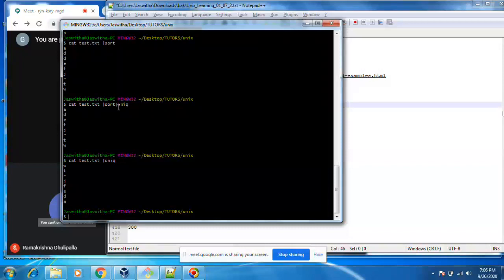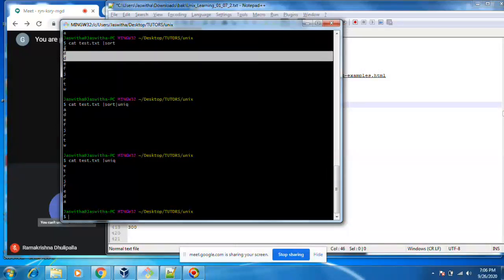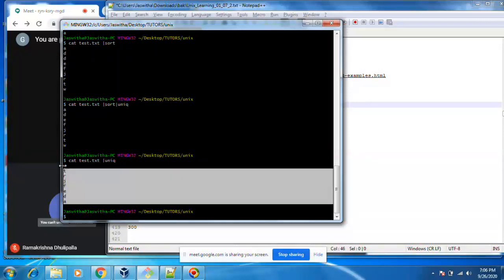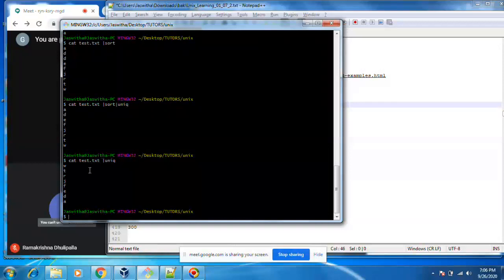Unique will remove only preceding duplicates. If two identical characters came at one place, then only unique will work. I don't know how this works. Okay, even this works fine. Make sure that before doing unique you verify the output, and then you need to trust this sort unique.